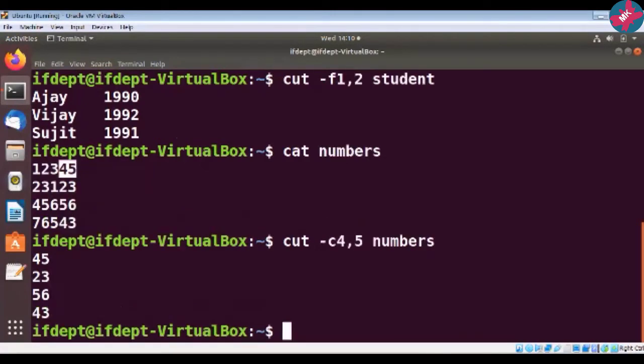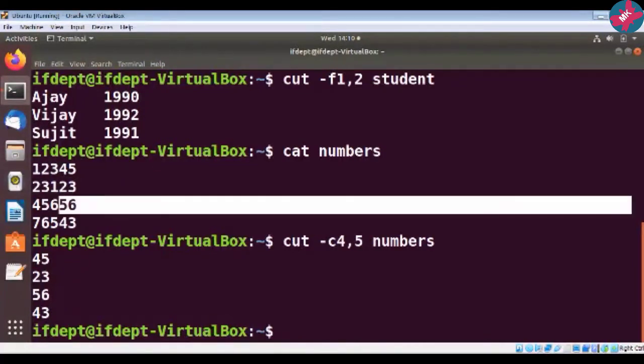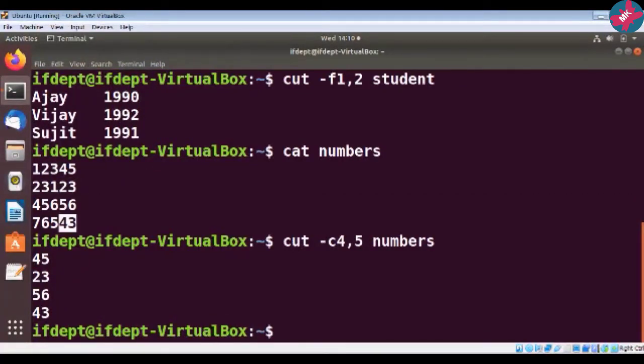So let us check the output. See here, the fourth and fifth columns have been cut using this option called -c. So I have shown you two usages, cut -f and -c. This is how the cut command is used.